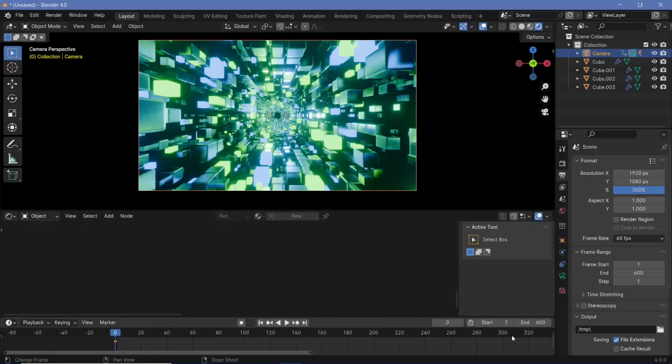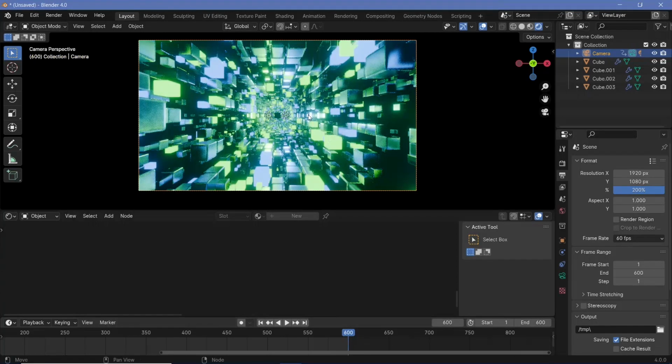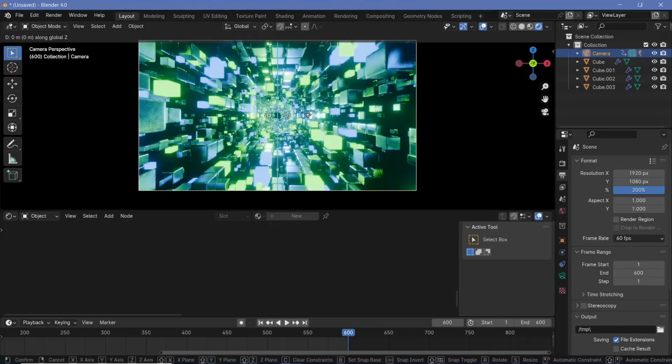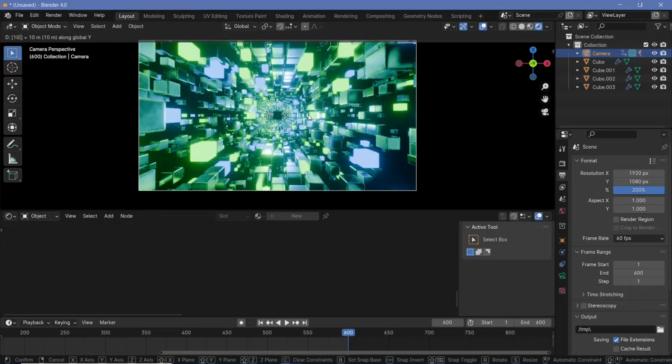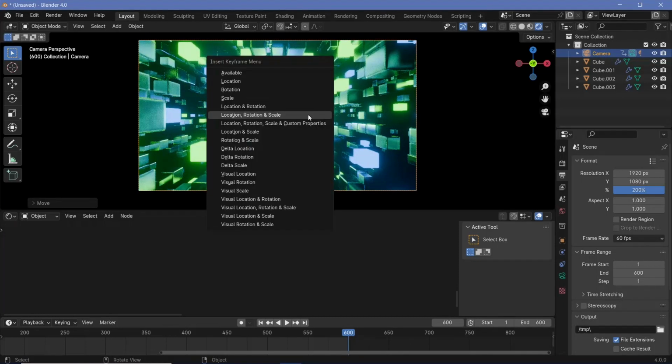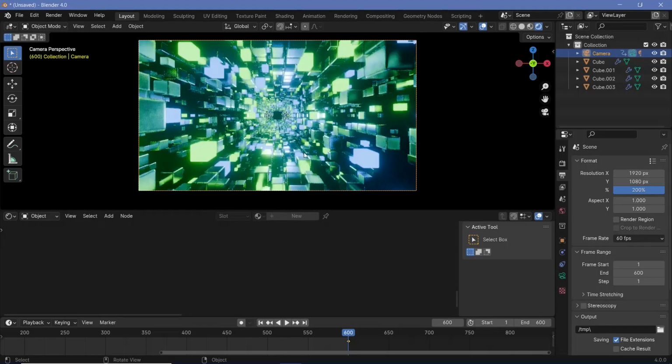Next, on frame 600, I want to move this by the length of one tunnel. So I'm just going to have to press G and follow it by Y and then press 10 to move it by 10 units. Now I'll press Enter, I, and I'll choose location, rotation, scale. Now this would create a motion forward, and to make sure that it's looping, I'll come down here and I'll